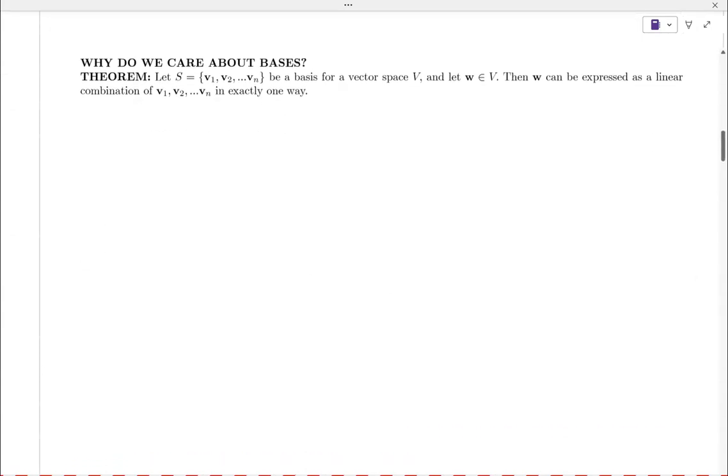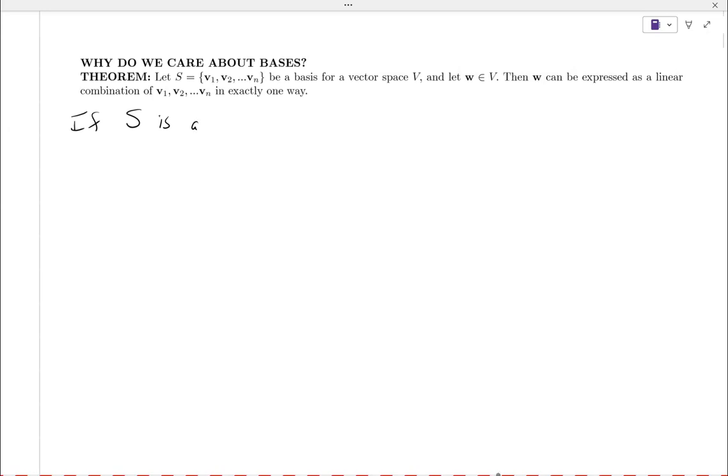All right. We've already mentioned this. I have this on the next page. We already proved it, I think, the other day anyway, as far as part of it. But again, the idea here is that this is why we care about bases. There's one and only one way to express any vector in the vector space as a linear combination of the v's. So the reason behind this, again, is because